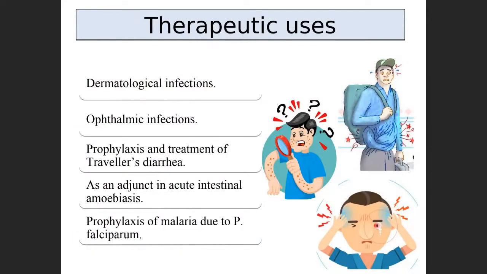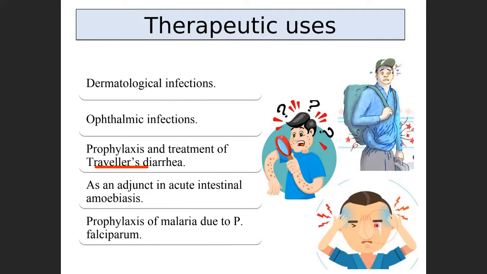Therapeutic uses, as we have just seen, more therapeutic uses are: it is used in skin infections and ophthalmic infections. Also it can be used as a prophylaxis and treatment for traveler's diarrhea. Now traveler's diarrhea can be due to many different types of bacteria. We studied in our first semester in the lecture on diarrheas that traveler's diarrhea can be treated with cotrimoxazole, right? So here it is saying that it can be treated with